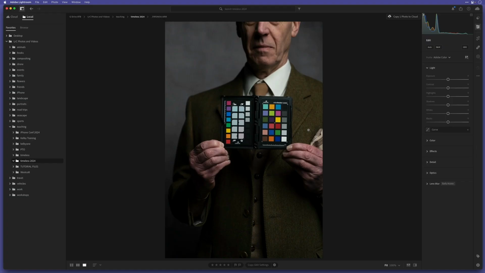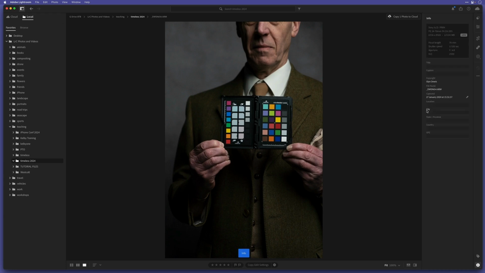And that profile will then lay down the colors as accurate as they should be, because it'll correct what gets put into it, which is this picture here, and it knows exactly what color values each of those squares should be. So it'll create a profile that corrects those colors so they become exactly what they should be. So first of all then, here's the raw file that I took of Anthony at the beginning